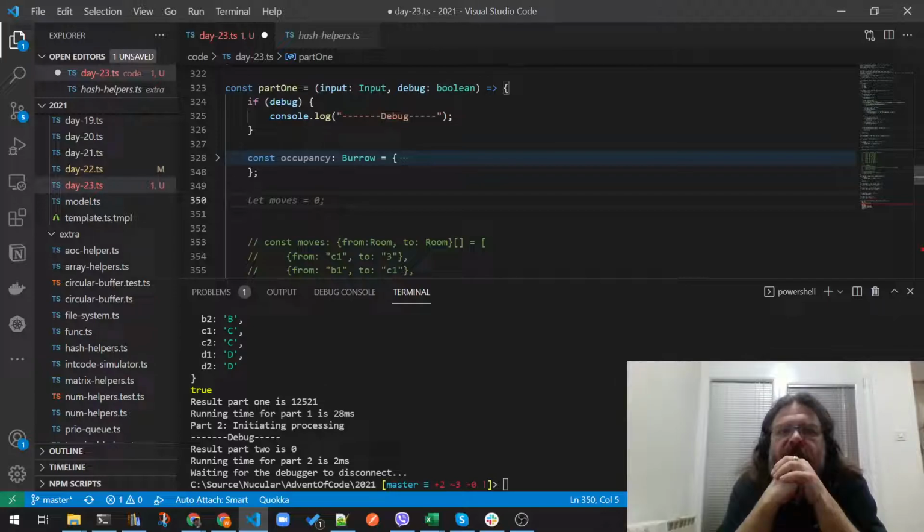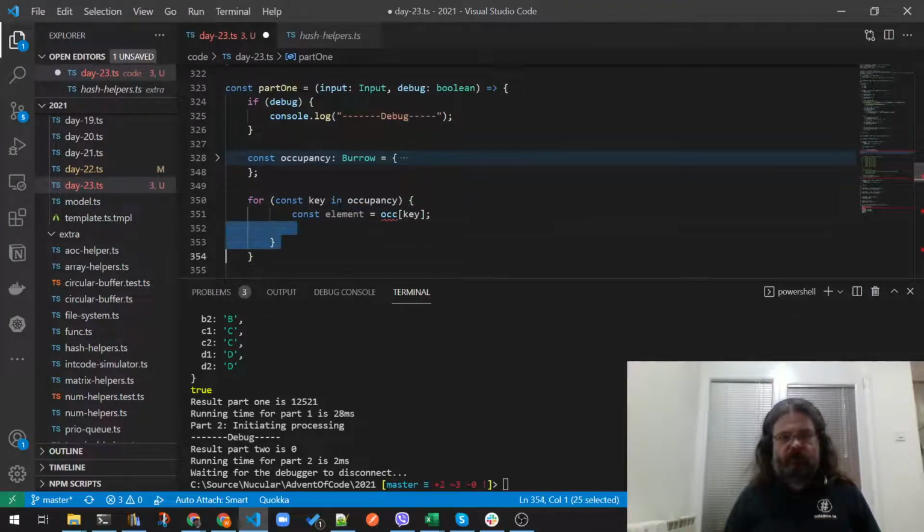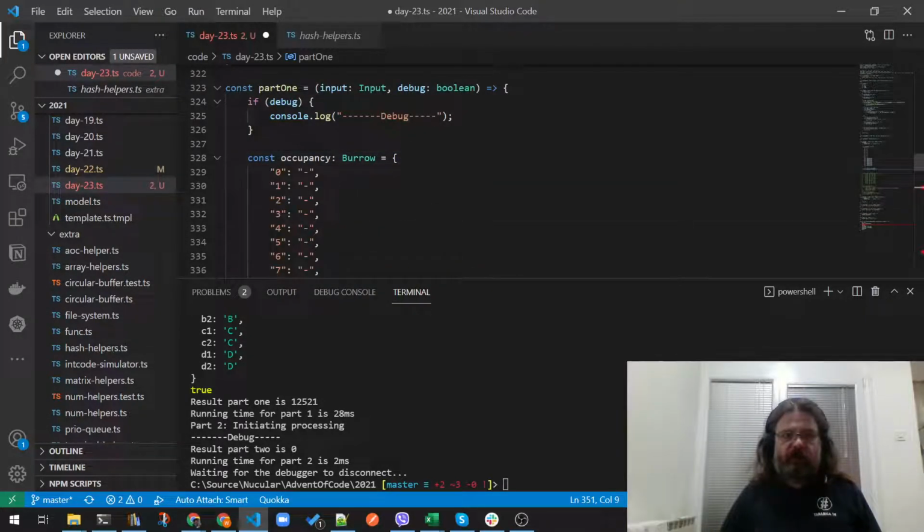Let's see how many there are in the first place. So, the key is